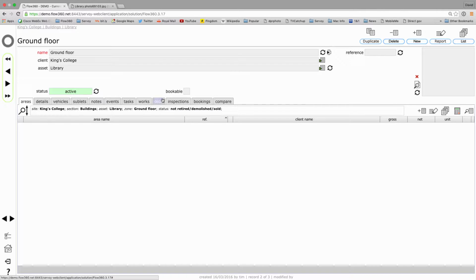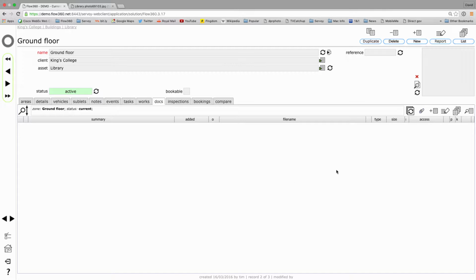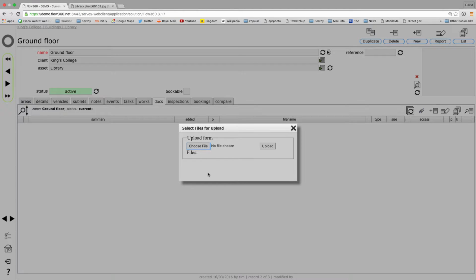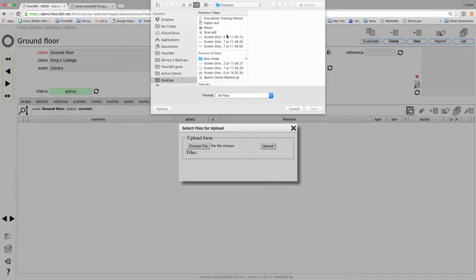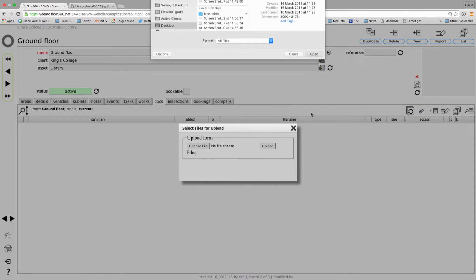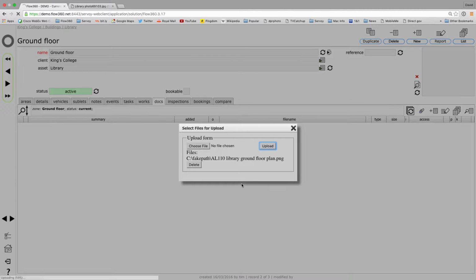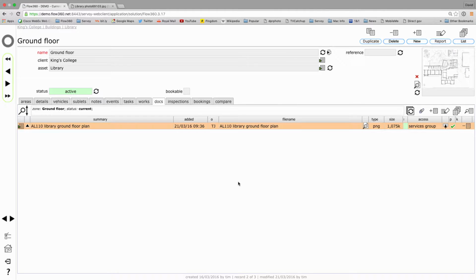And I can do all of that from the Docs tab, so I go to the Docs tab list and I'll click the button to say add a new document, and we'll again choose the file, and in this case we want the ground floor plan, which is here, and I'll click open and I'll click on upload, and that has uploaded the document to the document library. It's now listed in the list for the ground floor, and you can see it's been placed as the key